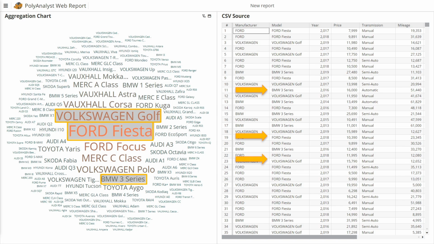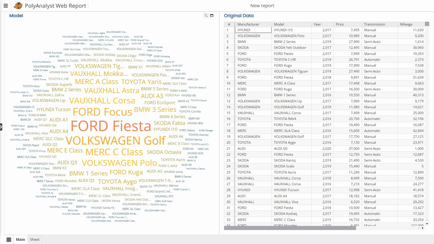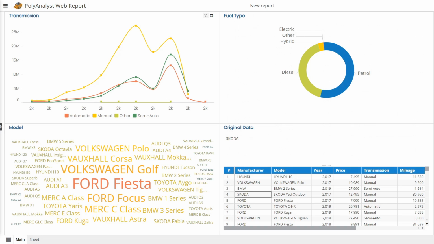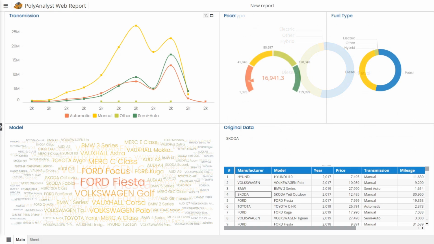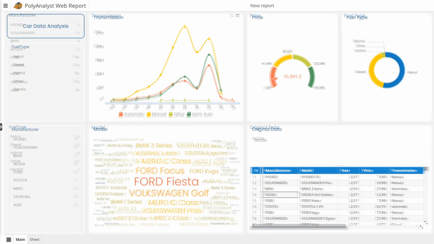In summary, today's tutorial introduced the foundational aspects of report creation in PolyAnalyst by using the car data. This video has only introduced the basic usage of Web Report. In upcoming tutorials, we will delve into more advanced features and tools, demonstrating how to effectively use various chart types, design relationships between graphics, enhance the visual appeal of your reports, and how to incorporate a variety of widgets, images, and filters to increase both the visual allure and the informativeness of your reports.